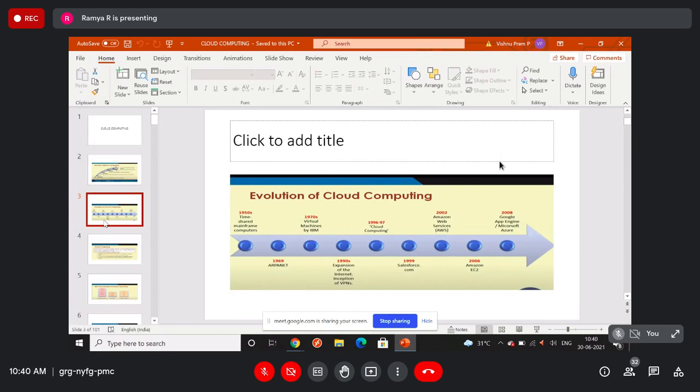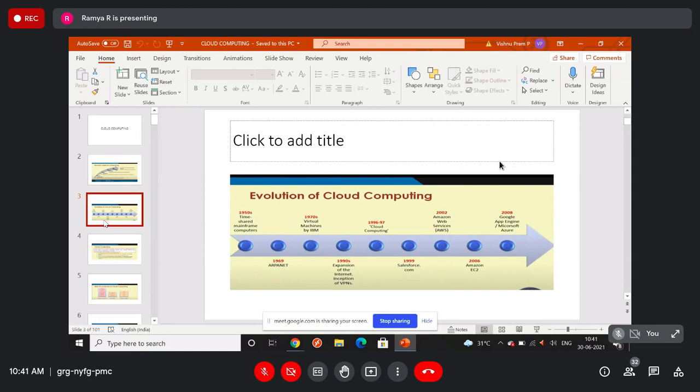For any technology to start, there are different advancements involved in the hardware, and then the internet started and the web came, and next in software, different operating systems came. So in each and every part there are new technologies and new advancements coming, and all of those help to form a new technology. Anything starts with advancements in different things. Okay, so in the 1950s there were time-shared mainframe computers. After that,